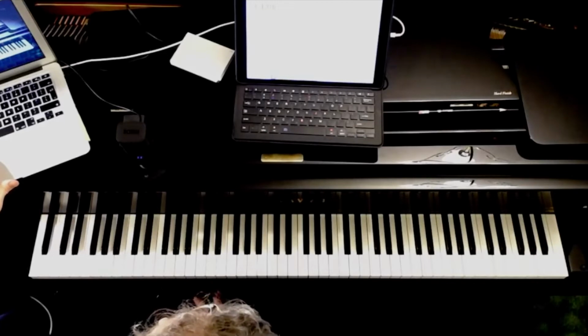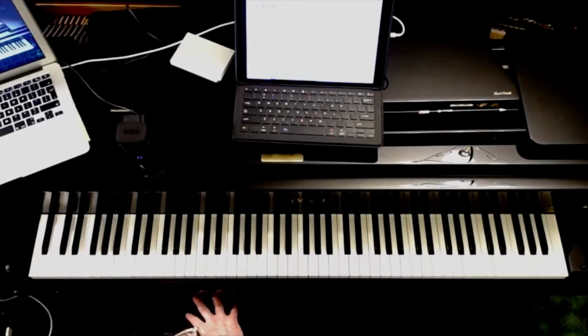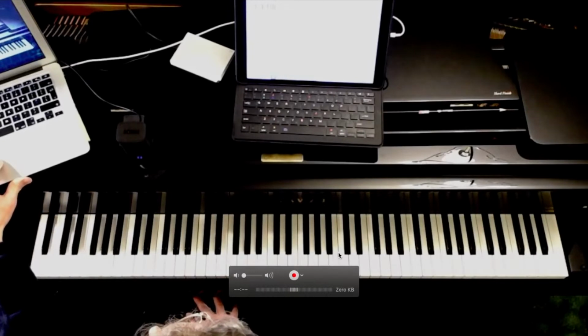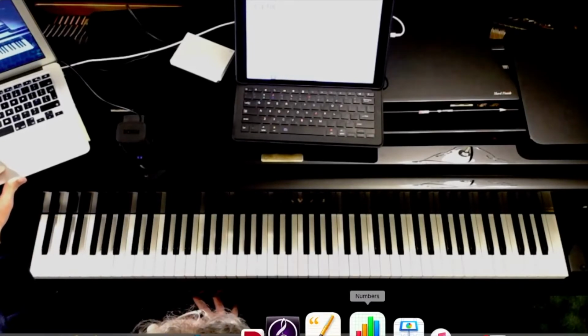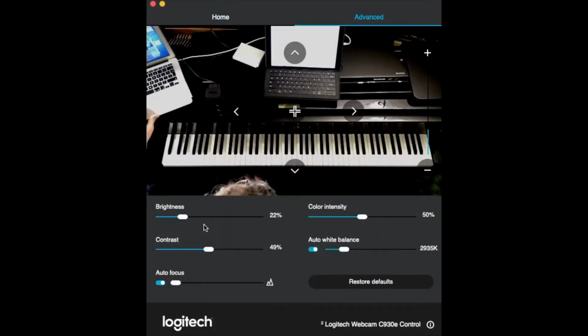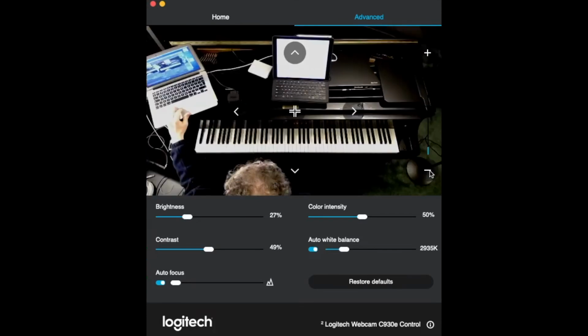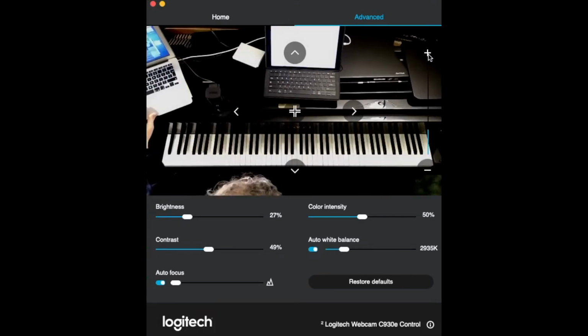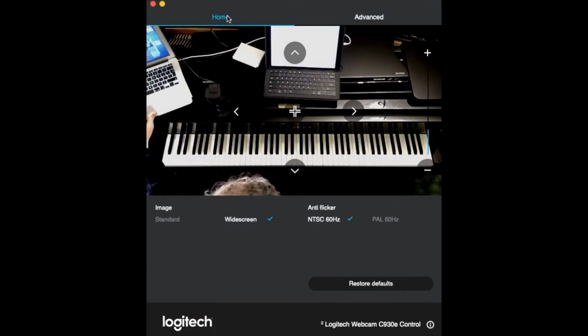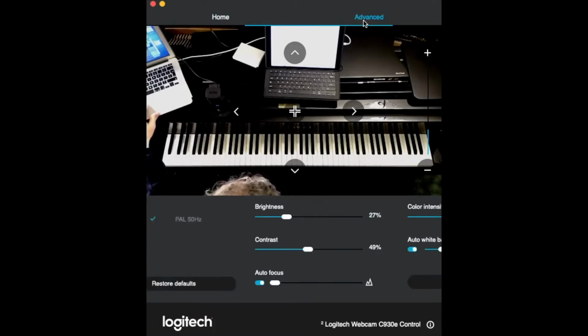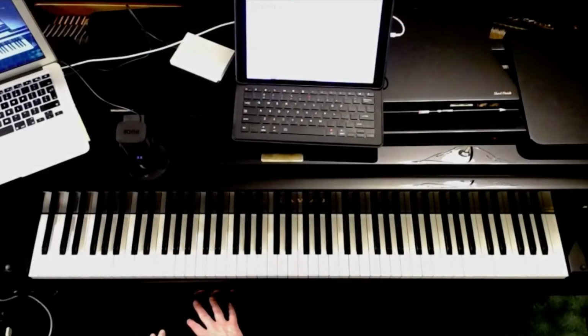So here is the view with the overhead camera, the Logitech C903E, and it's possible to alter the view. You can make adjustments to the brightness and contrast, and it's possible to zoom in and out, and choose the standard or widescreen mode. Great. Other people I know are getting good results using video cameras or camcorders, bridge cameras,